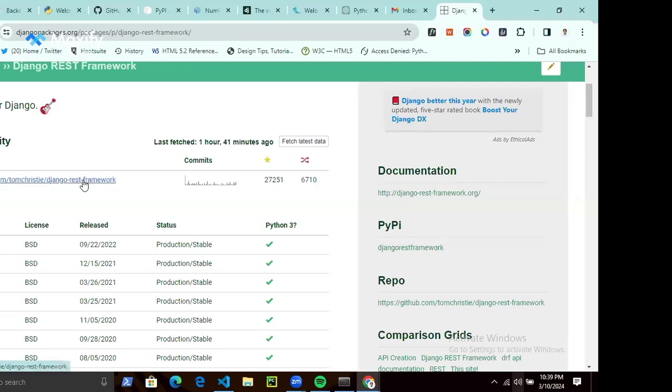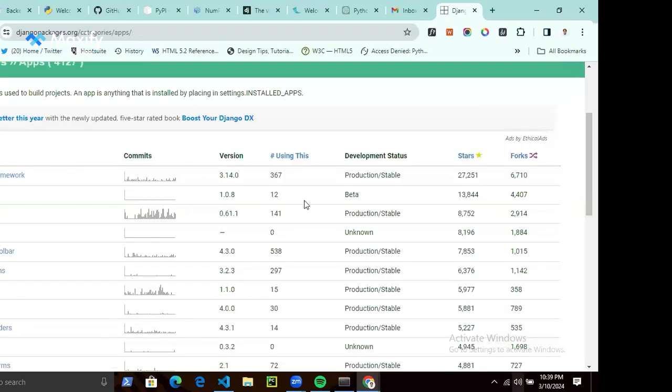This Django REST framework is one of the top 2 packages in the Django ecosystem. So you can see, if you go to GitHub, you can see the number of stars it has. So one, check the number of stars, check the number of contributors, check the last time it was updated, right? And then the number of people using the package. These are how you get to know if it's safe. Something that has not been contributed or that has not been updated for years, you know it's a no-go area,